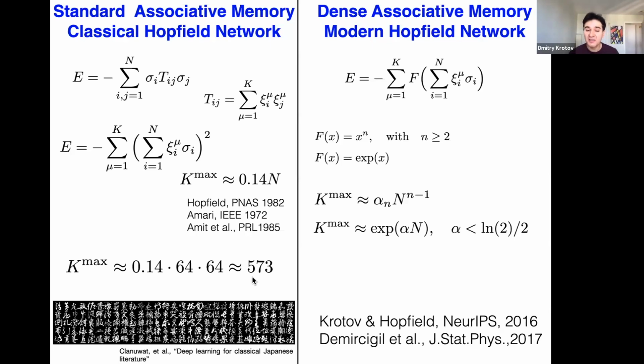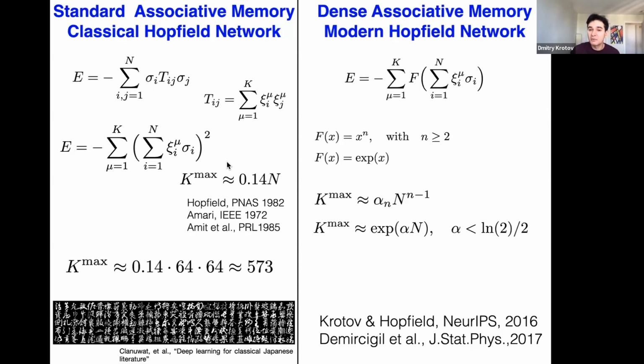So a few years ago, we started thinking about how we can surpass this annoying limitation, but we didn't want to go after this 0.14 coefficient in front of it. We wanted to go after this scaling relationship. And it turns out that a bunch of no-go theorems that had been proven in the 80s about the linear scaling capacity of this network essentially rely on this quadratic structure of this energy function, that essentially you take sigma_i multiplied by sigma_j, and you put some coefficient that indicates how you contract those spins.